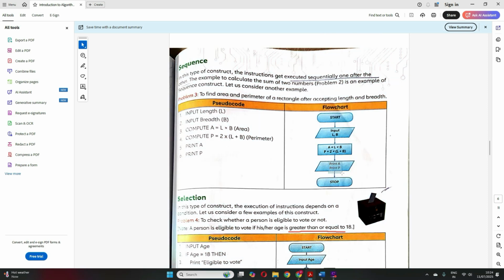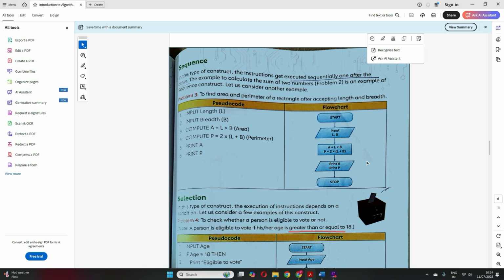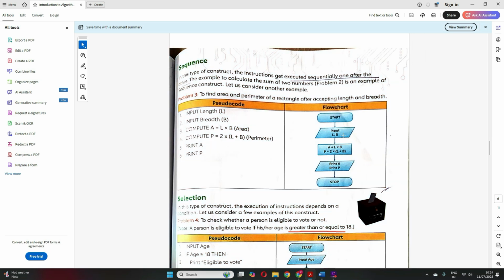And then we finally print the area and perimeter and stop, correct? But you have to follow this sequence. We cannot do this first, then this second, then this third. No, it has to go in a sequence. So this is called the sequence construct in a program.